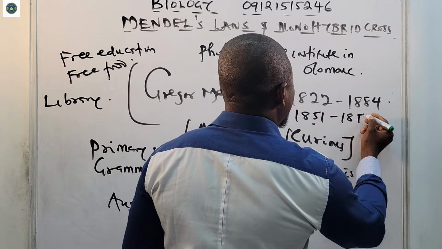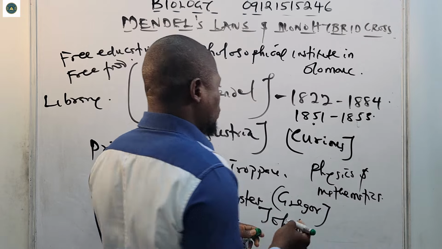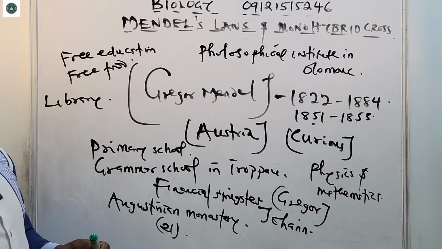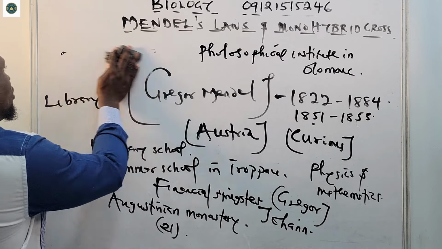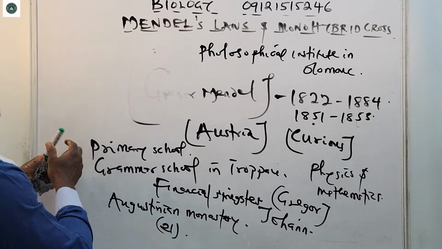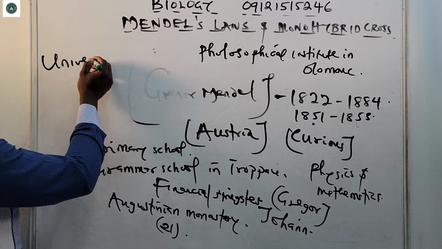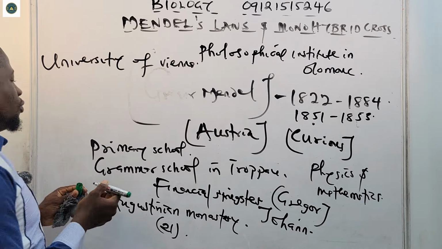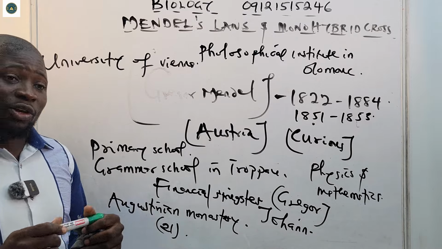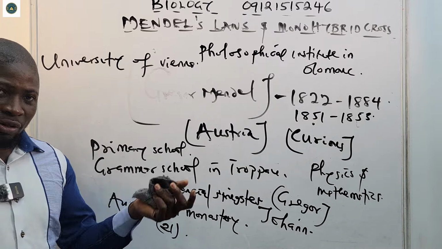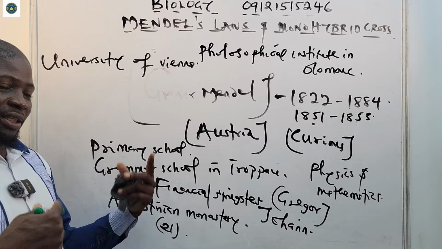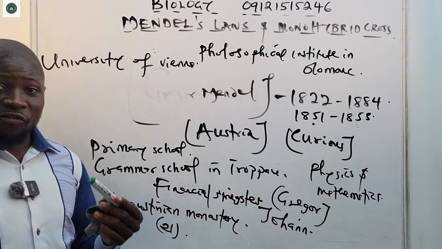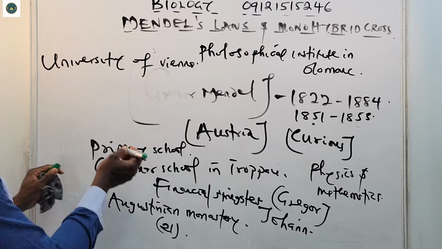to 1853. When the monastery saw his talent, they sent him to the University of Vienna. They saw how good he was, his curiosity, and his drive. The monastery sponsored him to the University of Vienna to study physics,